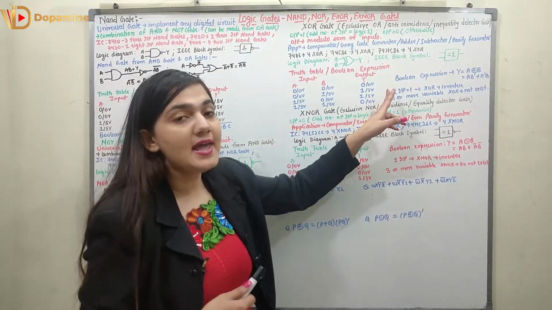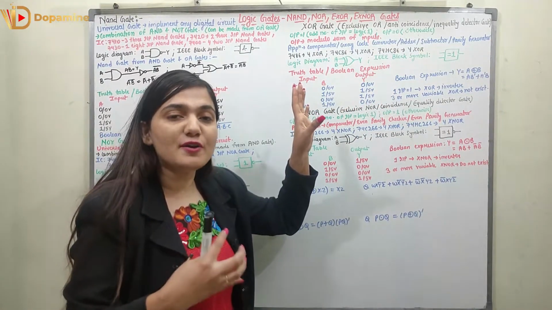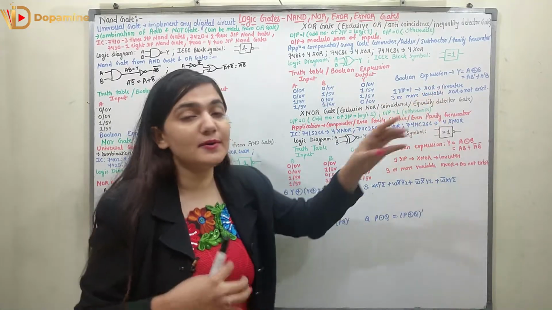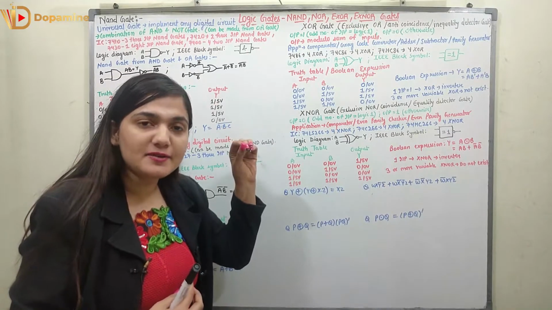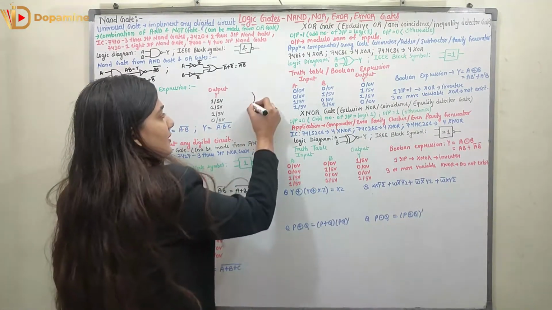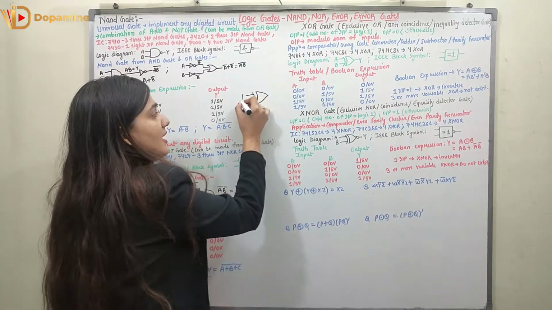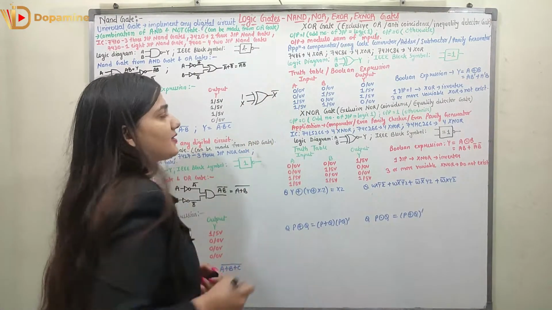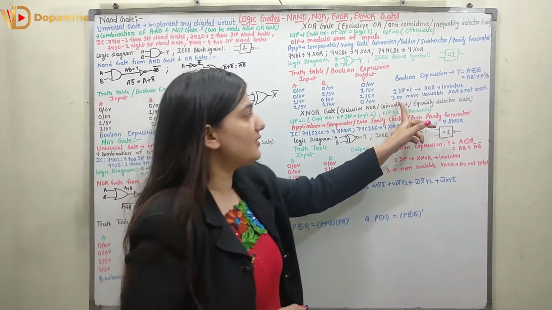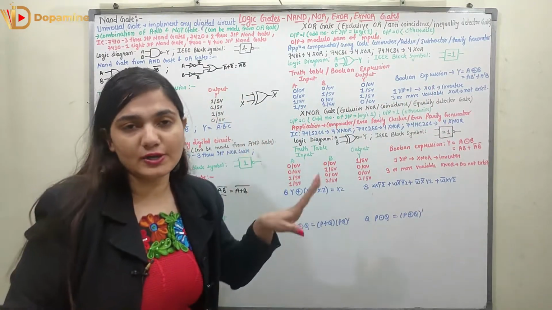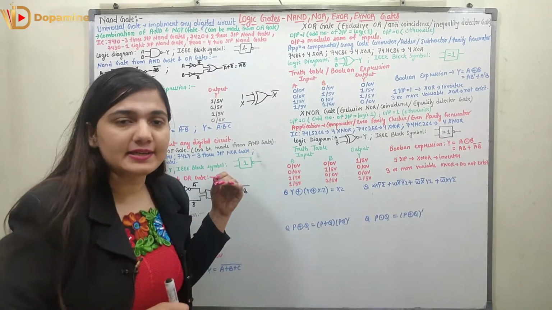So here if I fix one of the inputs to be 1, then the XOR gate will act like an inverter. Whatever I have at the second input, one of the inputs of the XOR is 1. Right, so here this is the XOR gate, one of the inputs I have fixed to be 1. If I am sending X over here, I will get X bar. XOR will be acting like an inverter. Right, so here we can say a 3 or more variable XOR gate will not exist. I will only have a 2 input XOR gate practically, right.